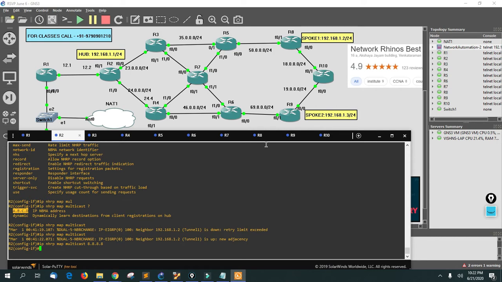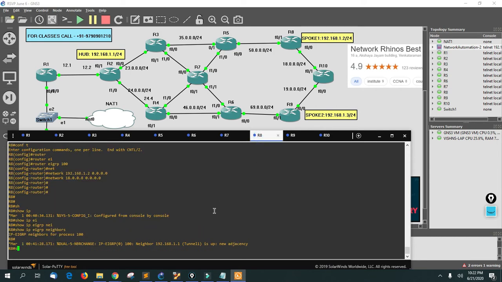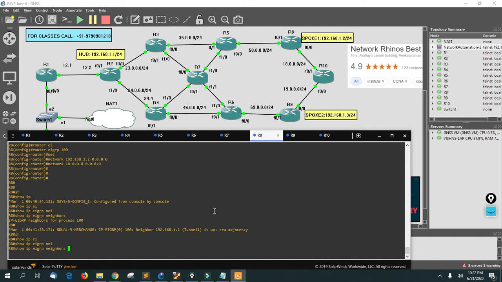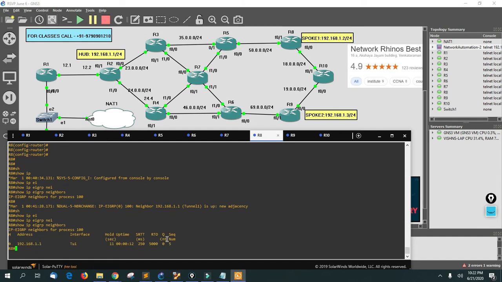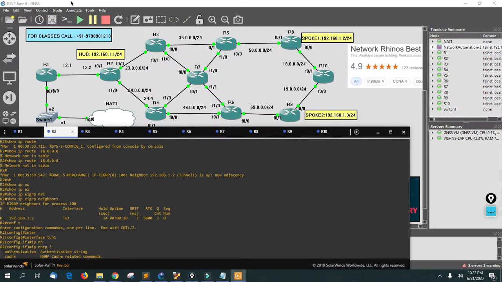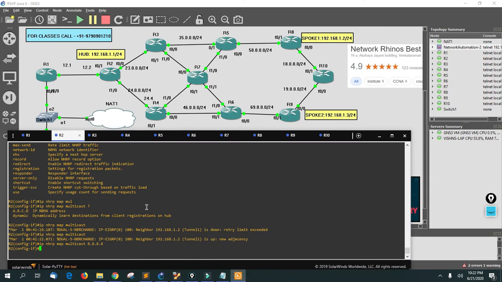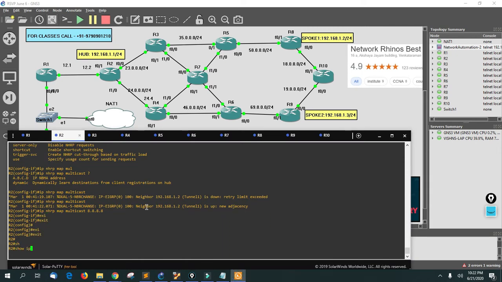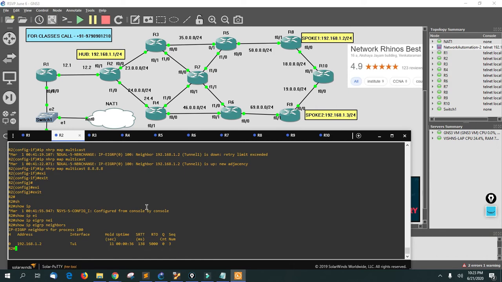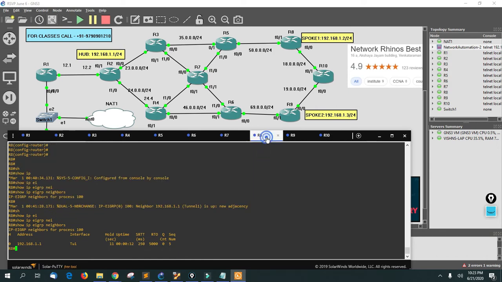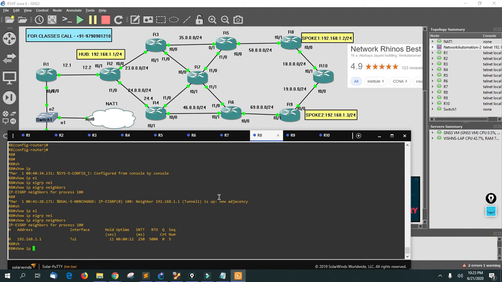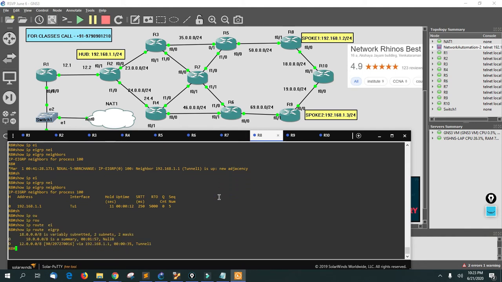I thought it would come up once I said so. Okay, let me check what happened. Show IP EIGRP neighbor. Okay, cool. My neighbor is up, and you can also see the sequence number of 5. That's a good sign. Let's check show IP EIGRP neighbors. Everything is good. Let me check what I'm learning via the tunnel interface or EIGRP. Show IP route EIGRP. Okay, that's good. I'm learning the 12 network via EIGRP. That's nice. Now let's go back to R9 and do the same.